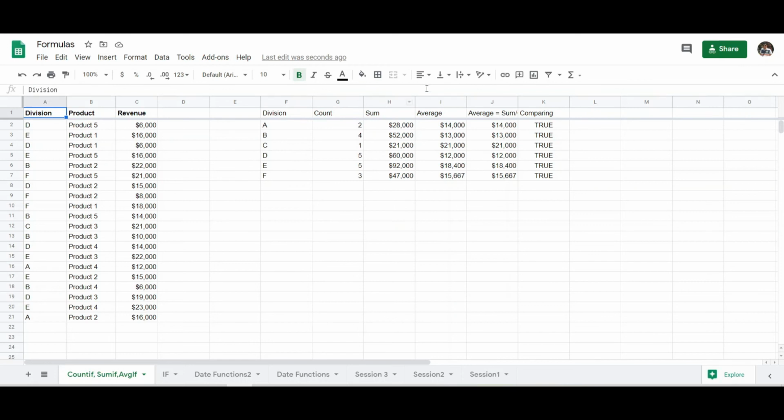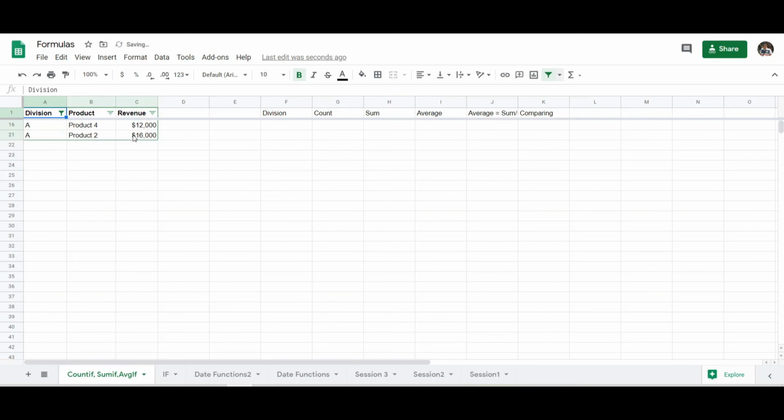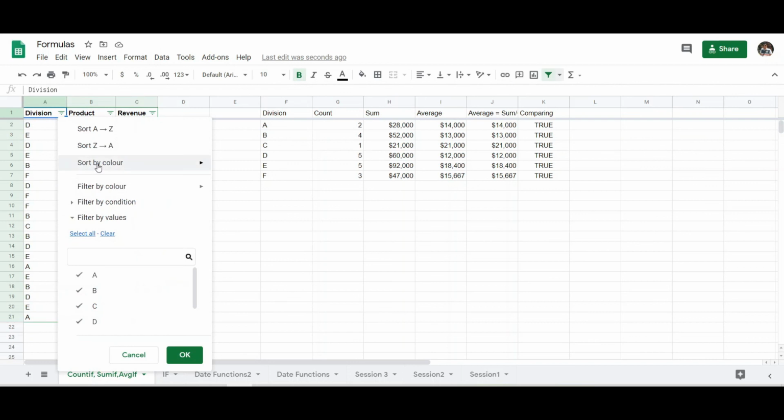Now let us verify whether the numbers are correct or not. Let us check for division A. So we have two records. Average is 14,000. Yes, we have two records and the average is 14,000. Sum is 28,000.